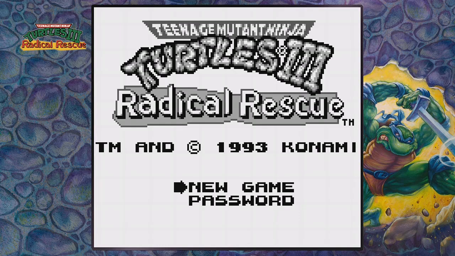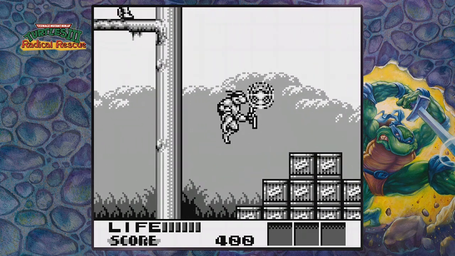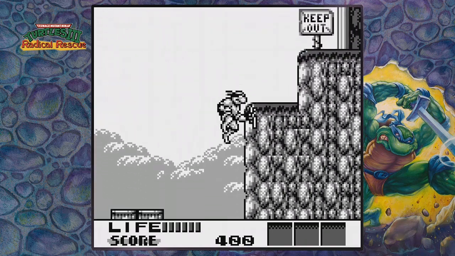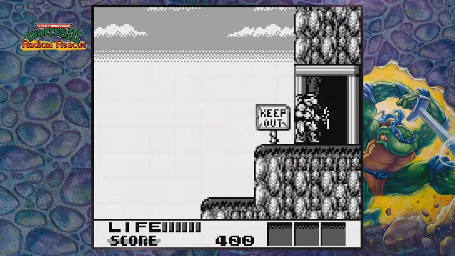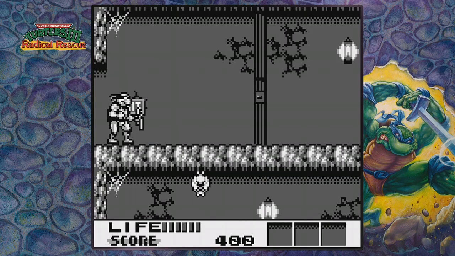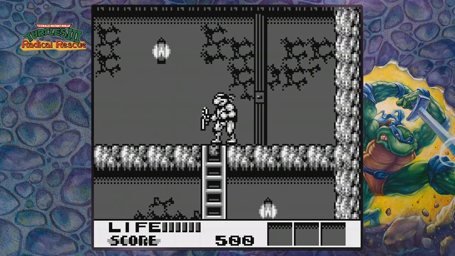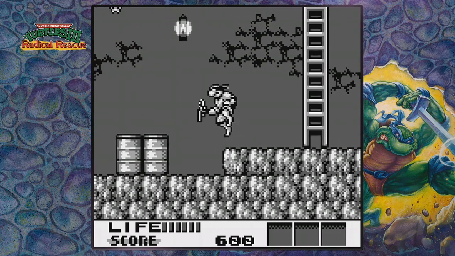Teenage Mutant Ninja Turtles 3: Radical Rescue, originally released in November of 1993 for the Game Boy. Currently available on all modern platforms through the Teenage Mutant Ninja Turtles: Cowabunga Collection, which is available digitally for $39.99,